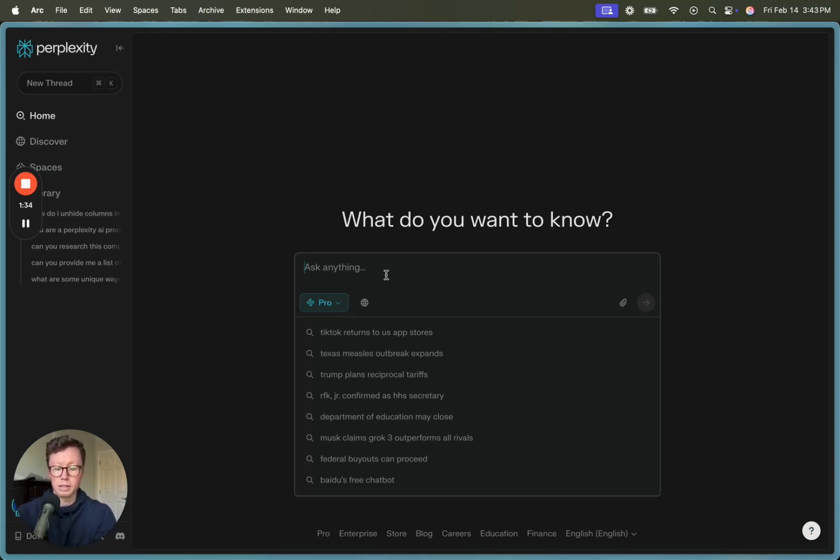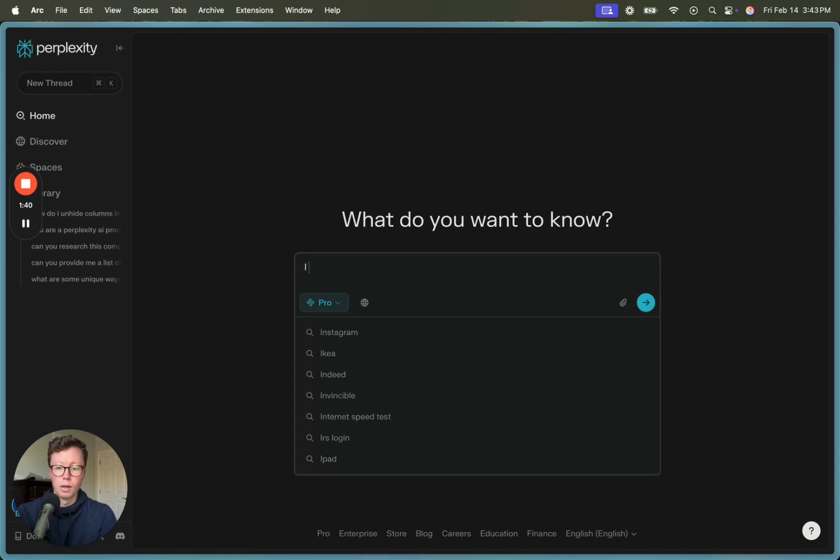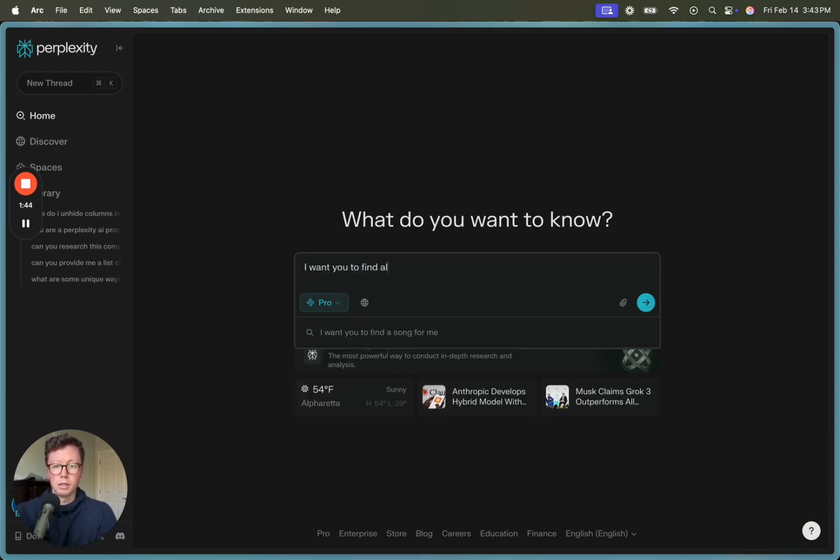So here I'm going to type in a search for tree services in a given state. I want you to find all tree service companies in the state of Georgia. Very basic prompt.